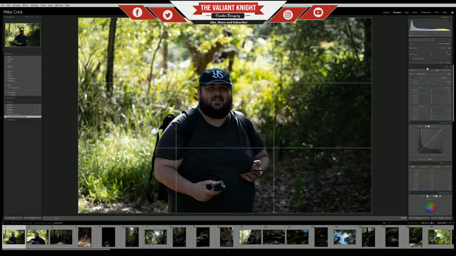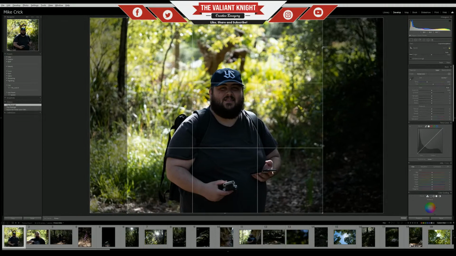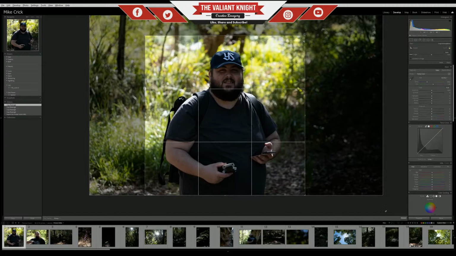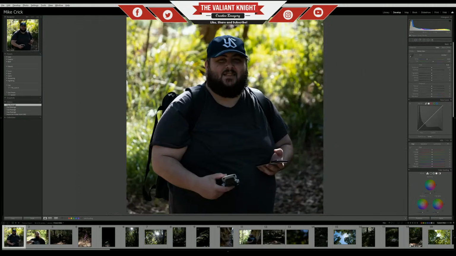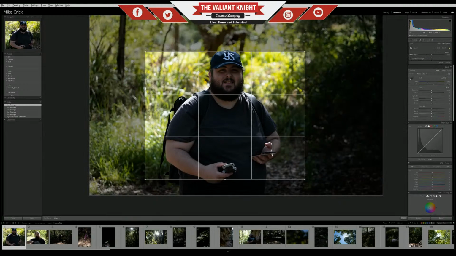1:1 for square frames, like for Instagram and stuff, that's good, or profile pictures, or just anything where you want a bit of symmetry. Square is good, and that could work quite well as a square crop. There could be a decent profile image for Vince. Or 8:10, which is what I will use